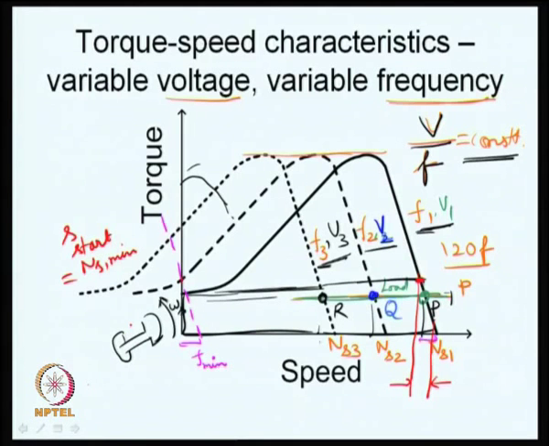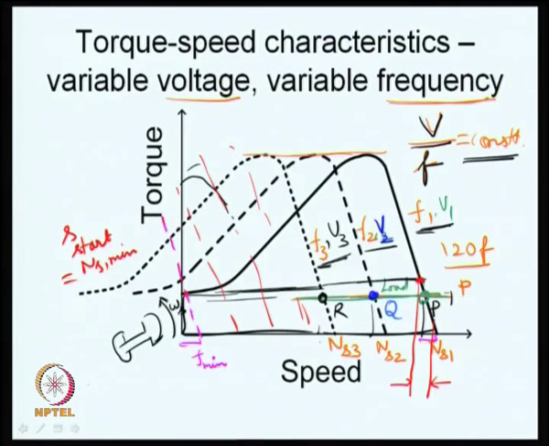So, what we are basically trying to do is, if you want a smooth start, we come to this waveform as I have indicated here. We come to this kind of a torque speed characteristic. So, the starting torque is now fairly high and that could be close to the rated torque, and once the machine picks up speed you can gradually go on increasing the frequency, so that the torque speed characteristic also keeps shifting to the right and you can eventually move to wherever you want to move towards the end now. So, thus you are able to control now.